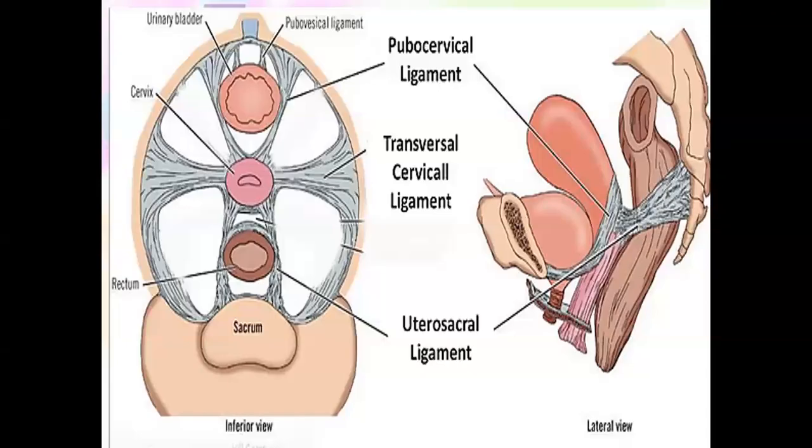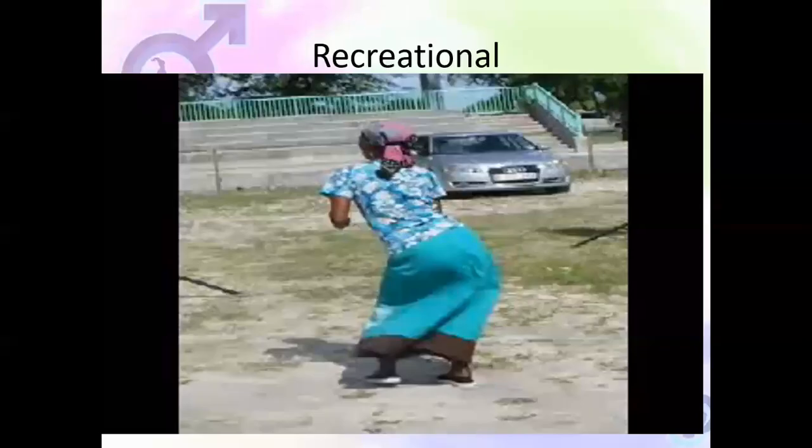is the cardinal ligament. And from the sacrum to the uterus, we've got a uterosacral ligament, which on the side goes down outwards to attach to the lower part of the cervix. Those are the ligaments that keep the organs up there. If they get overstretched, lengthened, or torn, then you get pelvic organ prolapse.